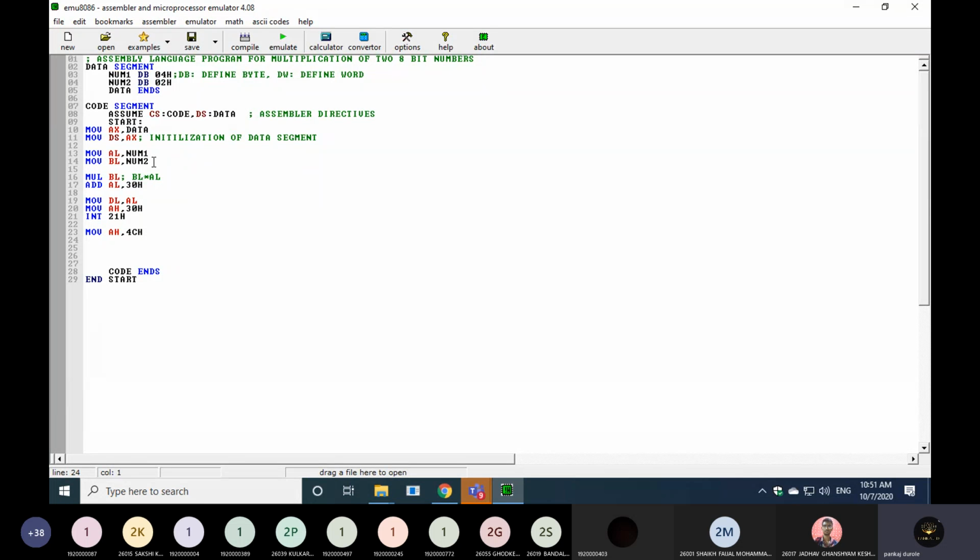Here we are using one interrupt. That interrupt is known as INT 21h. I have used it two times.